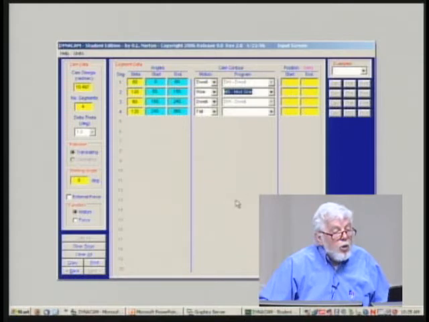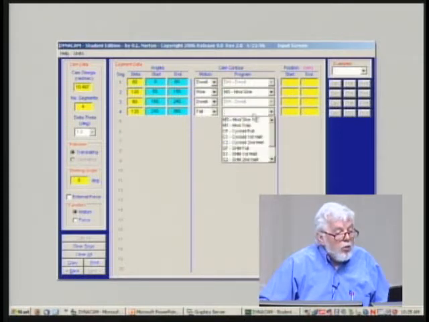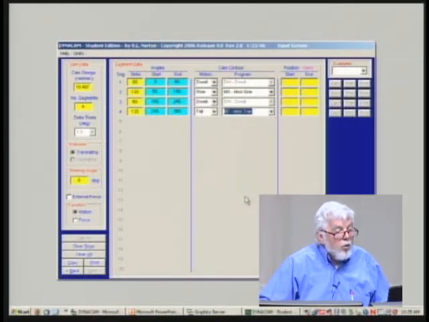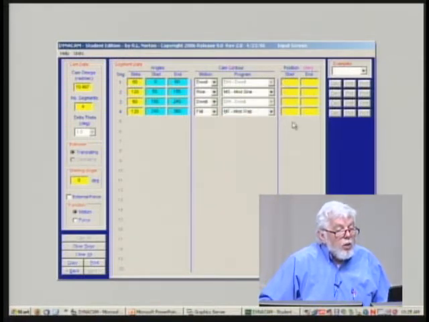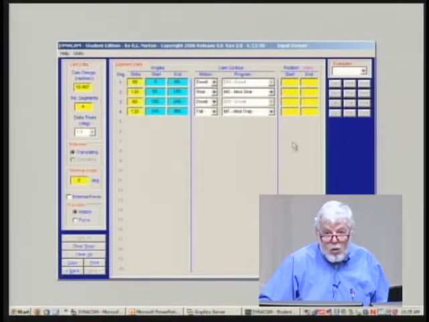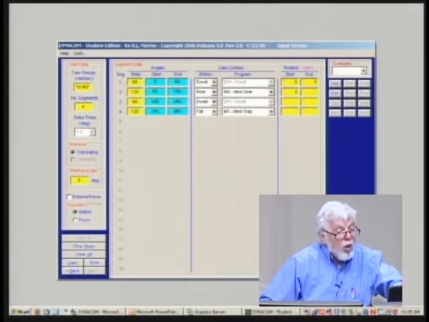Modified sine would be a reasonable choice here. And just to be different, I'll take a modified trap on the fall, for no other reason than to show you both. Now, the next thing to do is to tell it what the excursion is, what the motion is. And we said we were going to dwell at the low dwell initially for the first 60 degrees, so that's